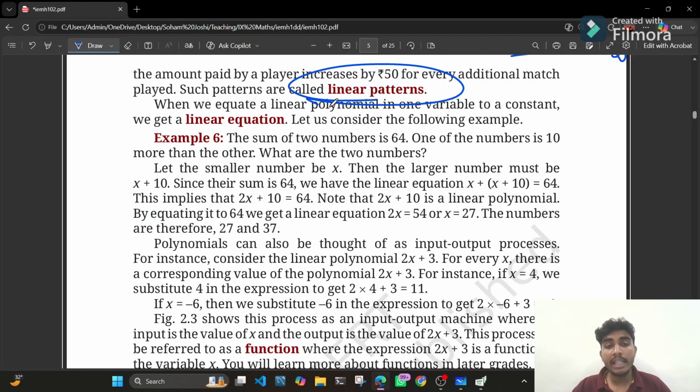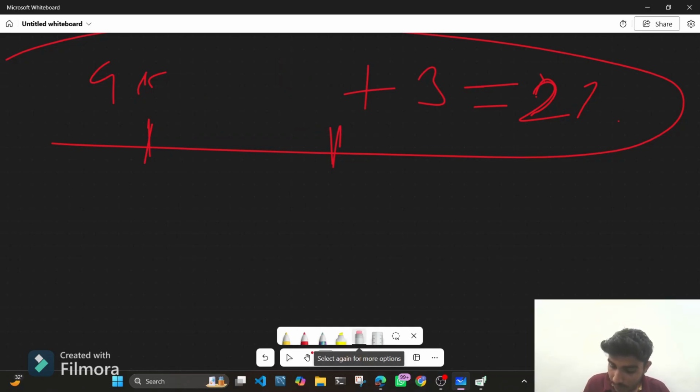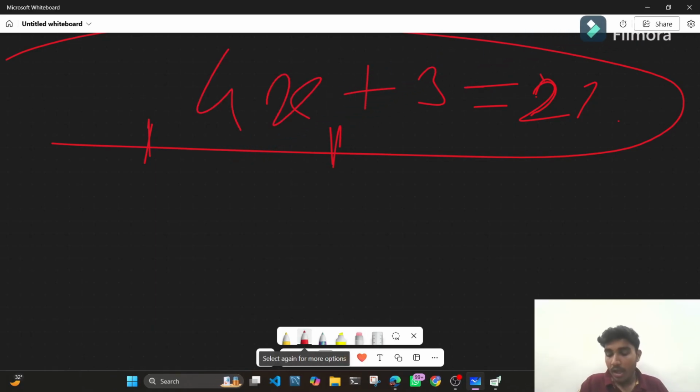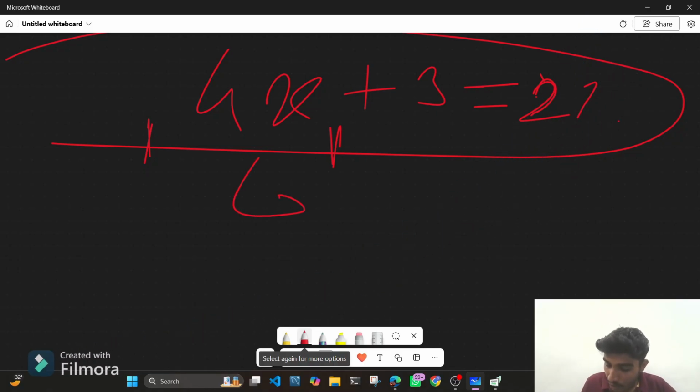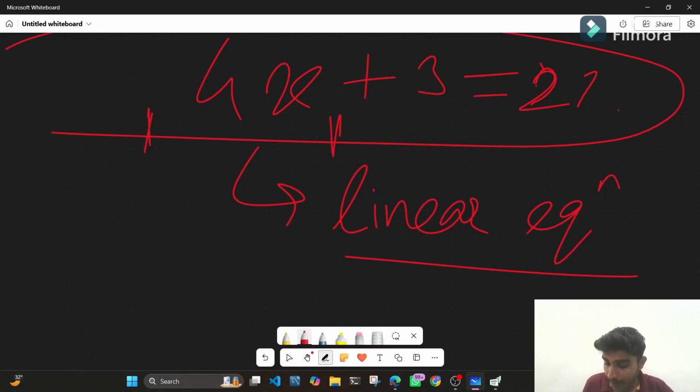ठीक है, मान लो it is 27। So now this becomes a linear equation. Here you can see that whenever we equate a linear polynomial in one variable to a constant, we get a linear equation. अच्छा, ये one variable में था ना, इसको भी 3x कर लो, नो प्रॉब्लम, चलेगा। ठीक है, 4x, ओके। So whenever we equate a linear polynomial in one variable with a constant, we get a linear equation. So ये जो मेरा बना है, that is a linear equation।